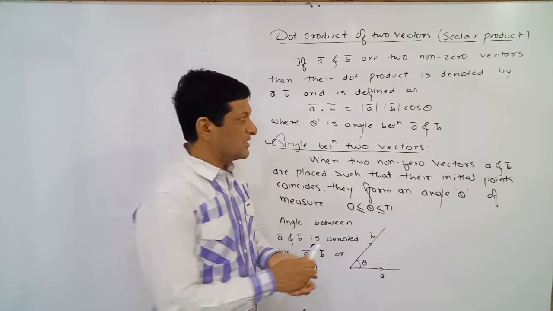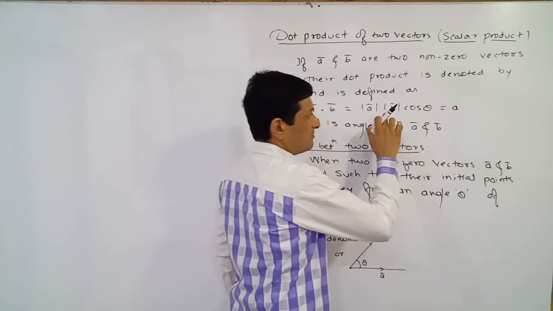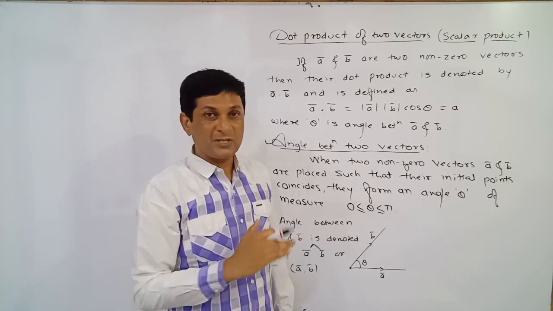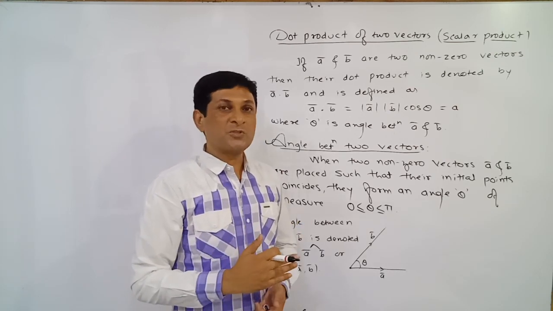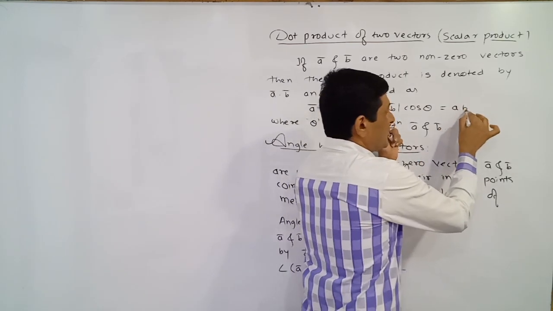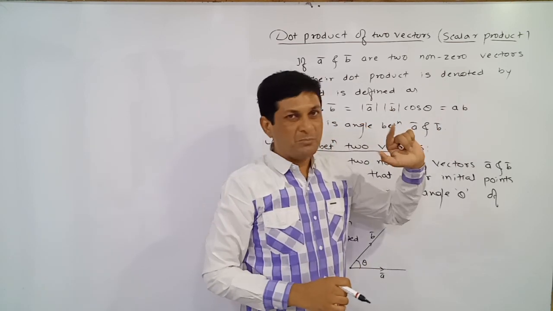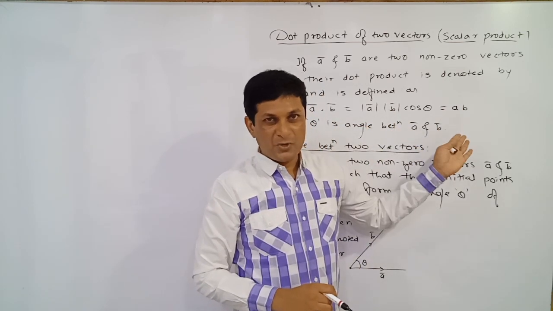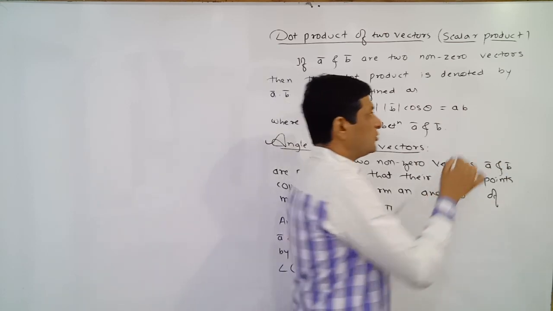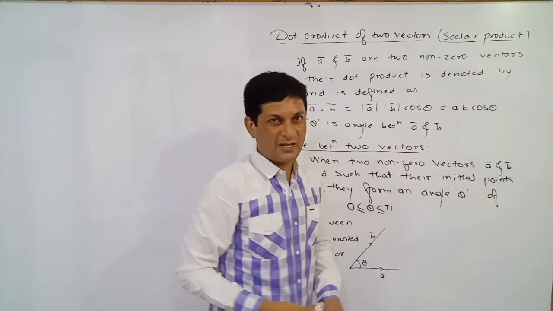A bar and b bar are two vectors. Here the magnitude of a bar can simply be denoted by a. If we are not writing the bar, it means we are not considering direction, we are considering only the magnitude. Magnitude means the length of that vector. The second term in this definition is the magnitude of the second vector, denoted by this notation or simply by b. So again, hope you have got it. If we are not writing the bar, we have considered only the magnitude, into cos theta, and theta is nothing but the angle between these two vectors a bar and b bar.